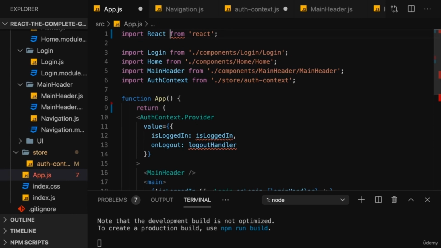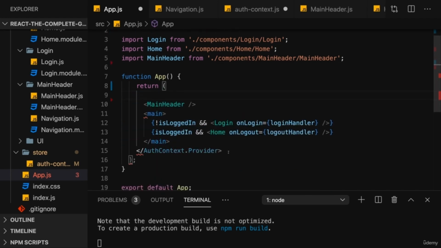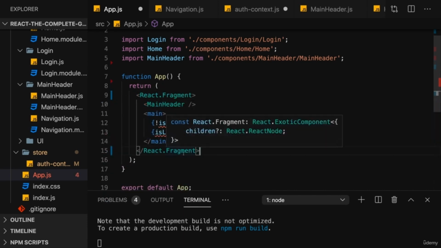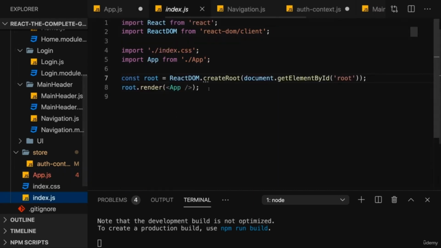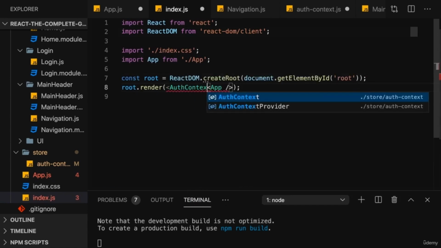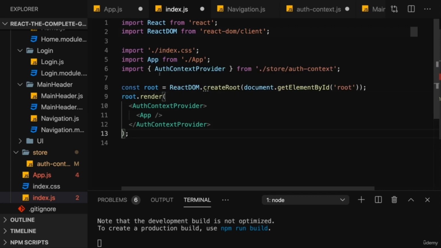But with that all, we can now clear all that logic here from the app component, remove these hook imports here, remove our auth context import here, remove all of that, and therefore, of course, bring back the React fragment like this. And I'm doing this because now we can wrap the app component as a whole, so therefore in the index component, which is where we render the app component, with the auth context provider. So with our auth context provider component, which we just created and exported in the auth context file,